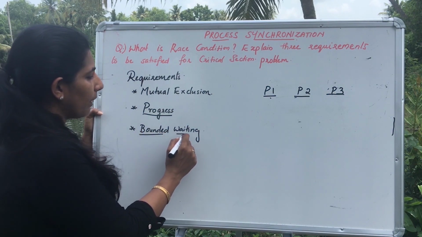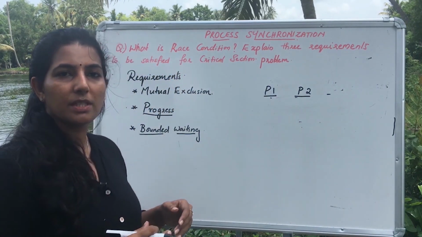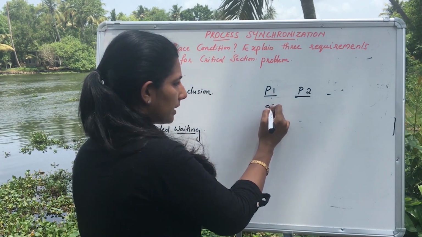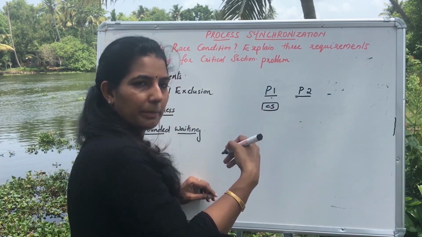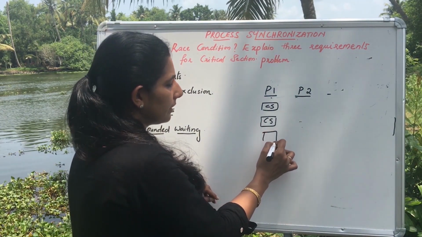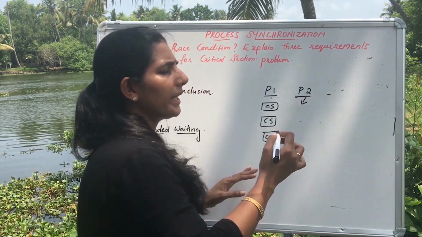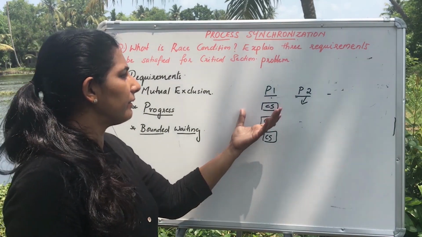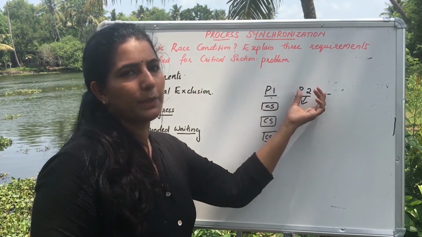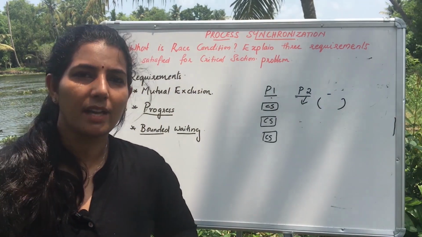And the last one is bounded waiting. Bounded waiting is something like this. I have two processes which want to enter into the critical section. Let me say that P1 entered into the critical section first, came out through the exit section, and again entered, again came out, entered again, and it is entering multiple times, where P2 is just waiting to enter, and P1 is leading. As far as mutual exclusion is considered, when P1 enters, P2 will not be allowed. So P2 is waiting for a long time, which is starvation.